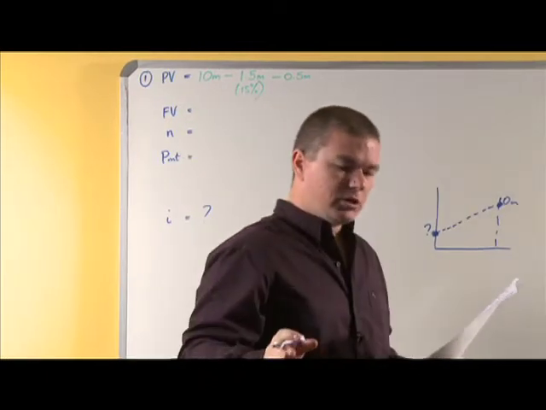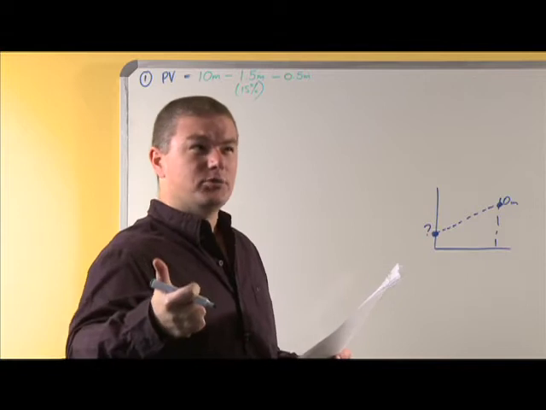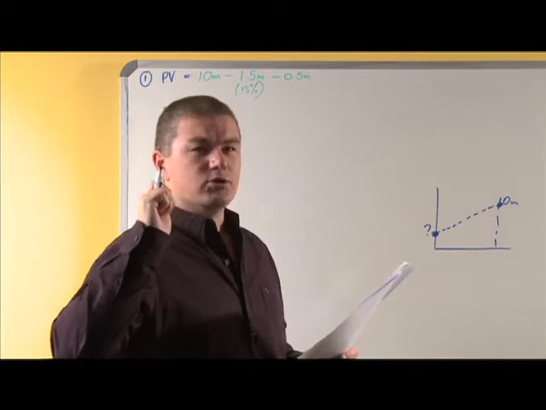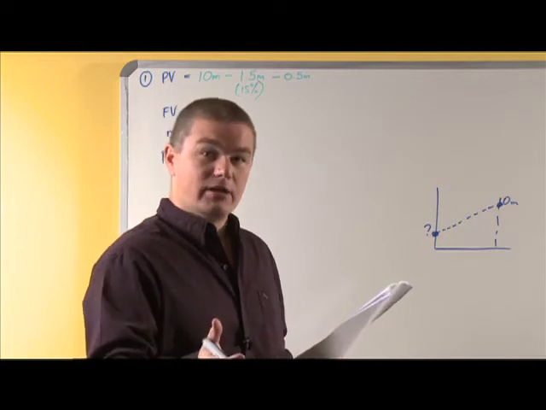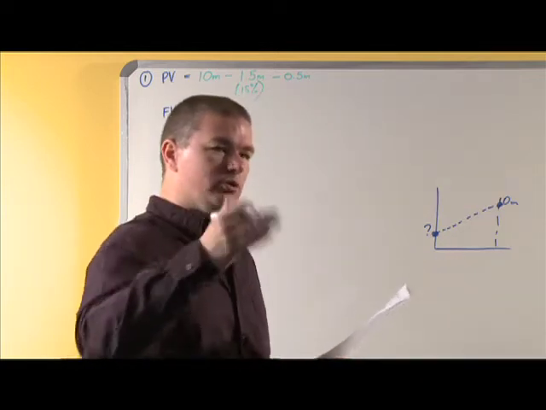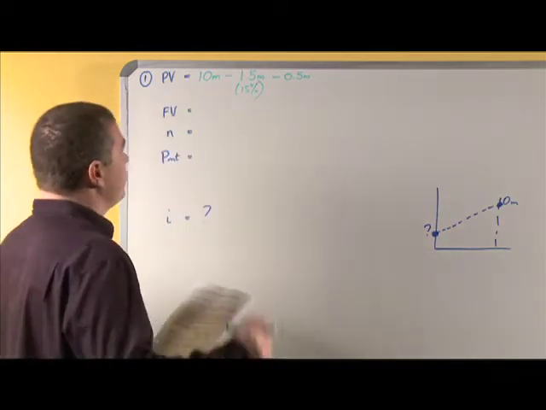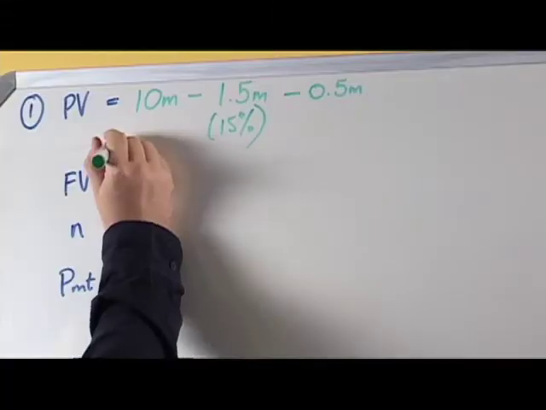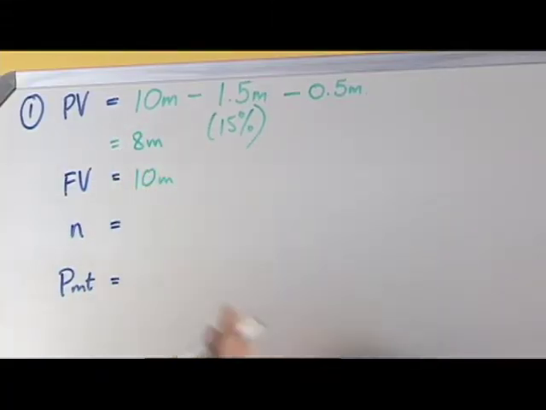Remember other financial liabilities. Same thing with financial assets held to maturity, loans and receivables, available for sale. They all run through the actual underlying investment, whereas fair value through profit and loss, either asset or liability, will always run through the income statement. So we've got to capitalize it, if you want to call it that. And that gives me a figure of 8 mil. My future value is 10, as I've pointed out over there.